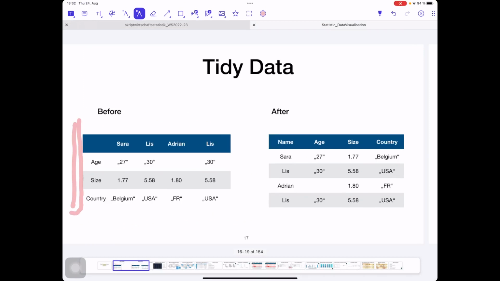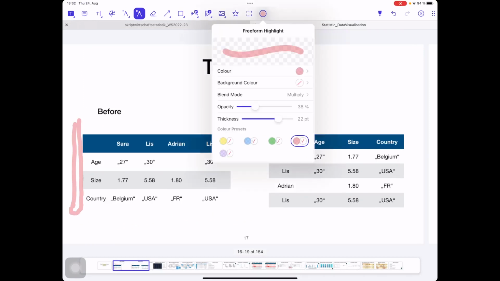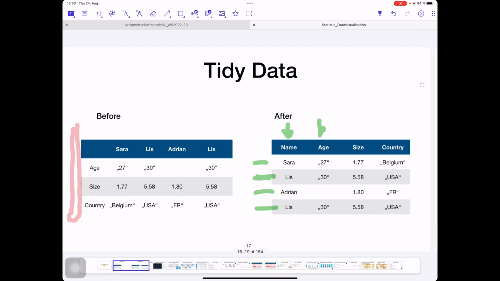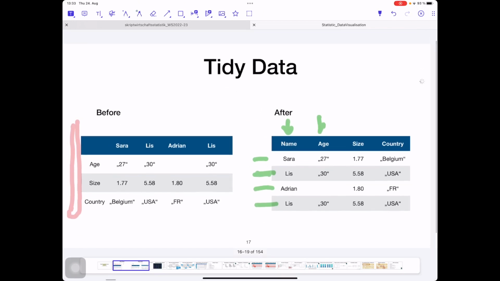So therefore, in our first stage, let's bring this to the common correct form. This is how it was before, and now how you can see it now. We have the name and some description. Here we have our people, and here you have the description of the people. So we have, for example, Sarah. She is 27 years old.